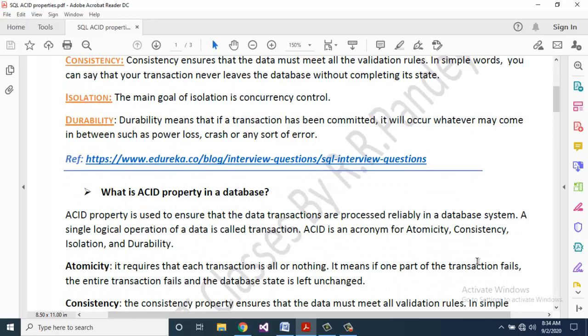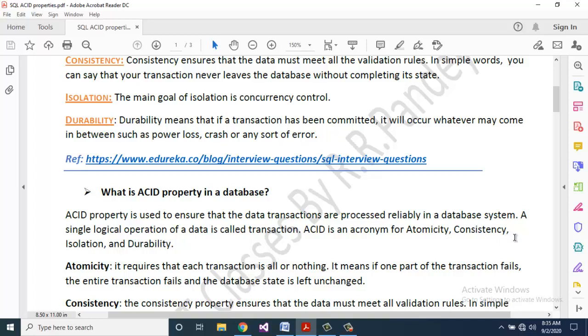Same question I am going to repeat. What is ACID property in a database? ACID property is used to ensure that the data transactions are processed reliably in a database system. A single logical operation of a data is called transaction. ACID is an acronym for atomicity,